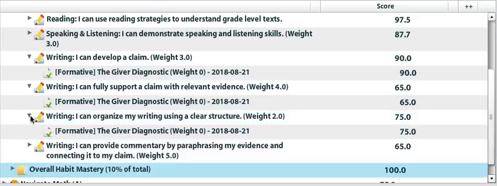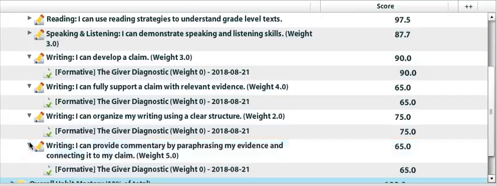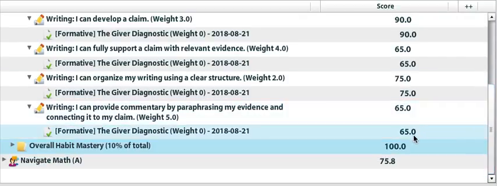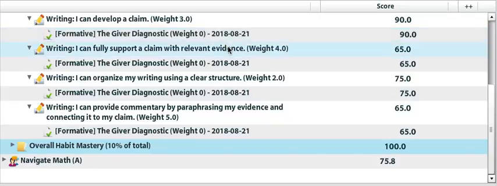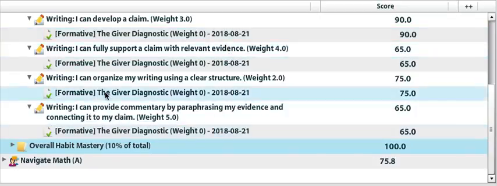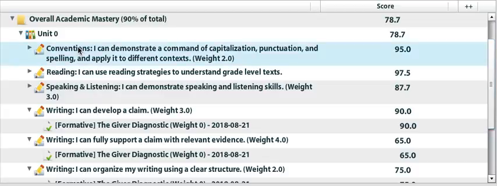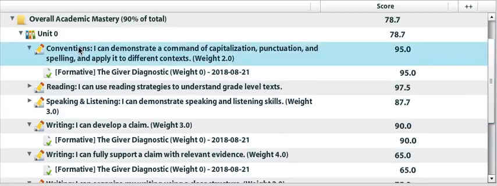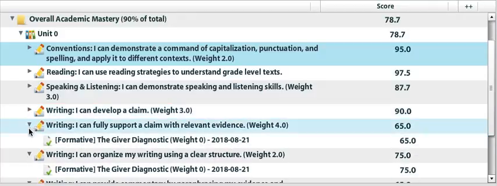We can also look at using a clear structure. Again, we see the same assignment, but a different skill being assessed. This person got a 75, so they're a little stronger with their structure than they are with their evidence. And then we can also look at commentary. They got a 65. So we can tell their strongest skill at this point is developing a claim, and their biggest areas of growth are finding relevant evidence and writing commentary. You'll also see this assignment under conventions, meaning how well do they have a command of capitalization, punctuation, spelling, etc. They have a 95, so they're pretty strong in that too. Okay, I'm going to close these